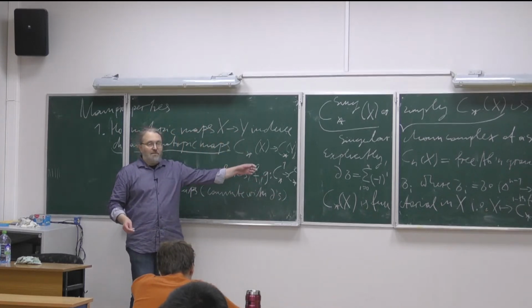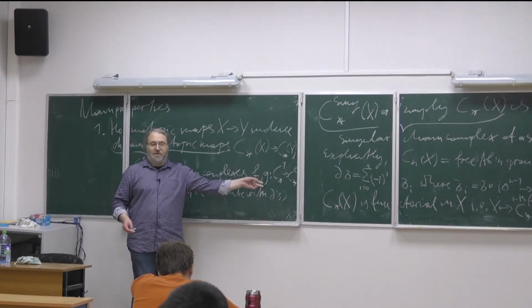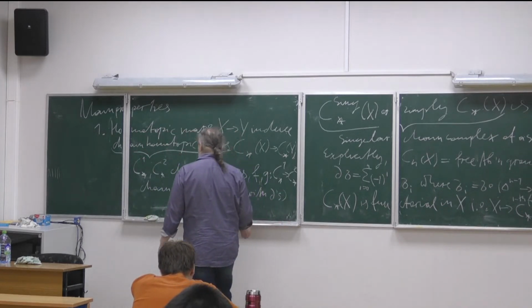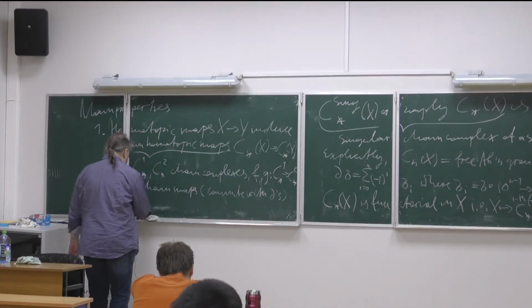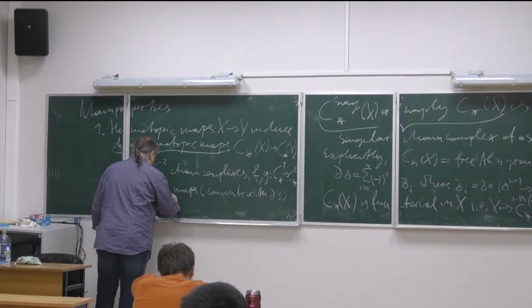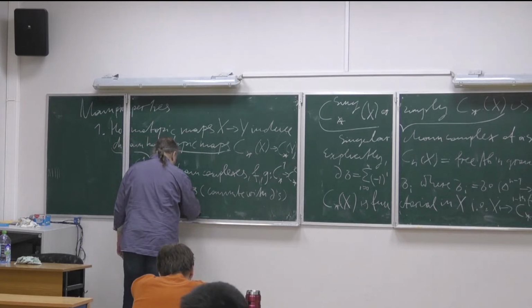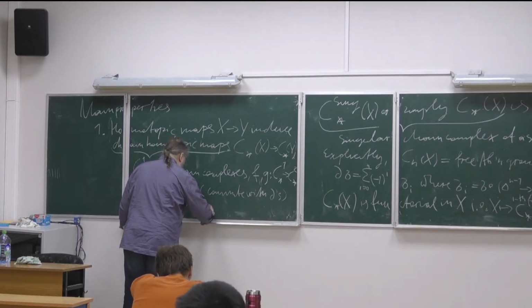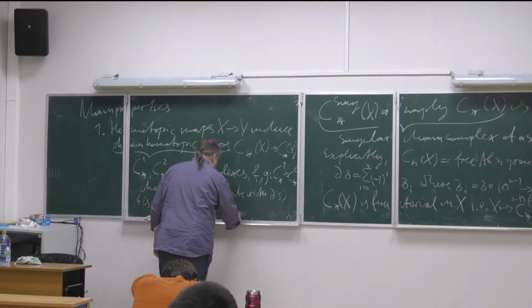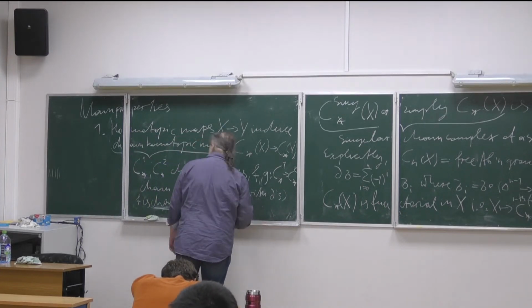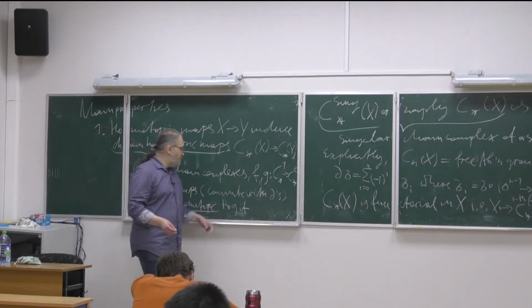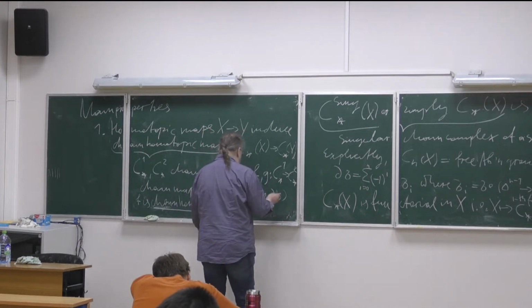This means both maps commute with the differentials. Does this make sense? F is chain homotopic to G if and only if, or by definition,